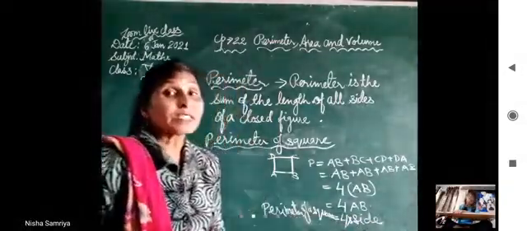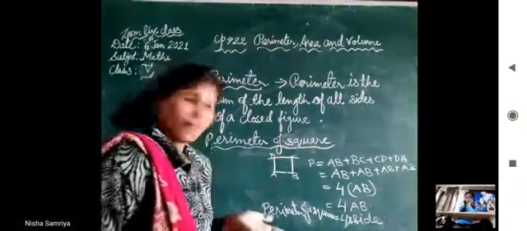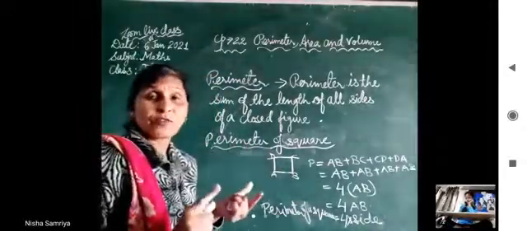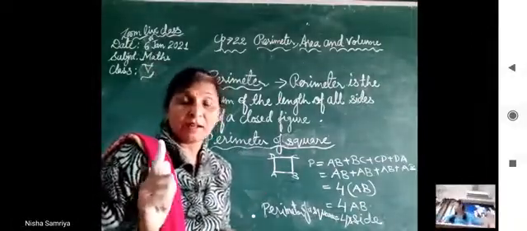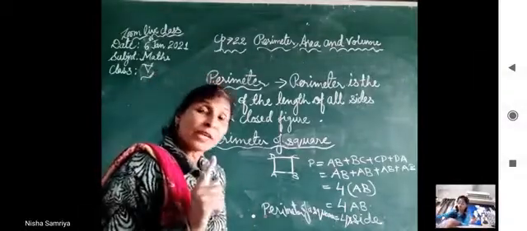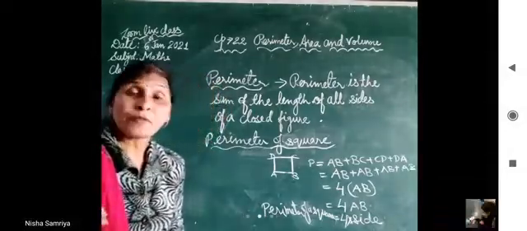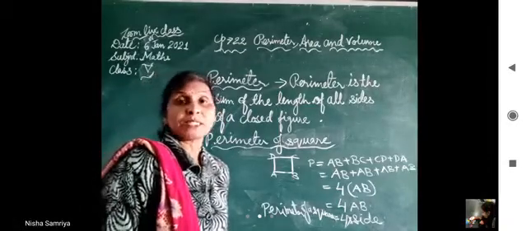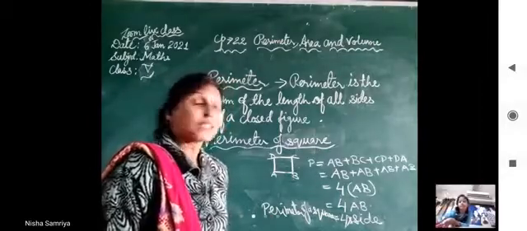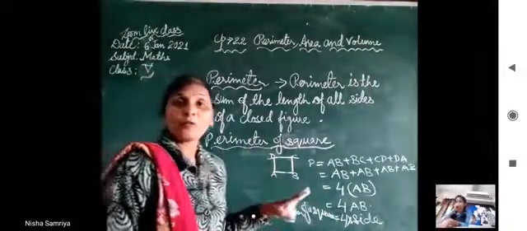तो नाउ स्टूडेंट्स, you remember all this formula. Again I revise. That is the first formula, that is perimeter of a triangle, that is sum of the lengths of the sides. Then perimeter of an equilateral triangle is equals to 3 multiplied by side. Then perimeter of a rectangle is equals to 2 multiply length plus breadth. Then perimeter of a square is equals to 4 multiplied by side. Now all of you learn all this